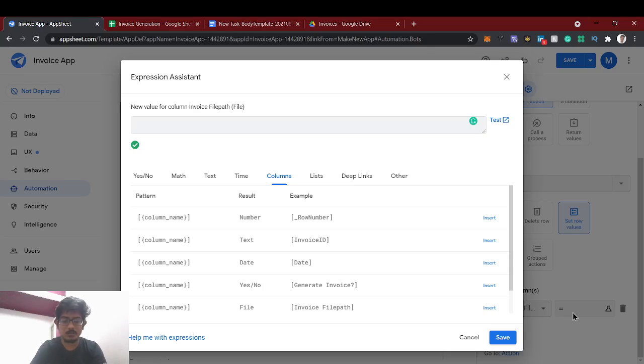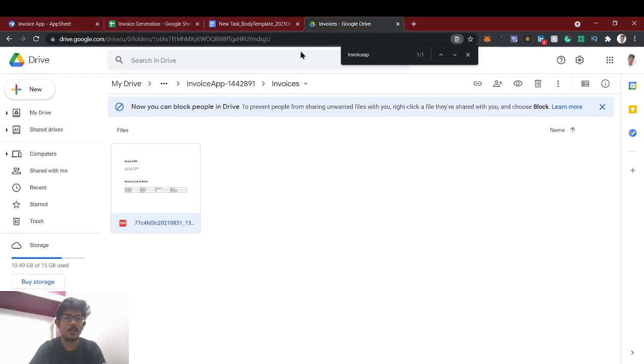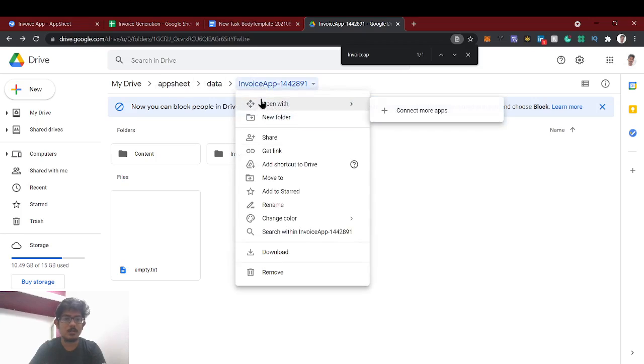So how does the file path look like? AppSheet slash data slash and the invoice ID. So you have to concatenate this. Concatenate. So where the file path looks like AppSheet, it should be invoice data slash invoice app dash 111442891. Okay. So AppSheet slash data slash invoice,